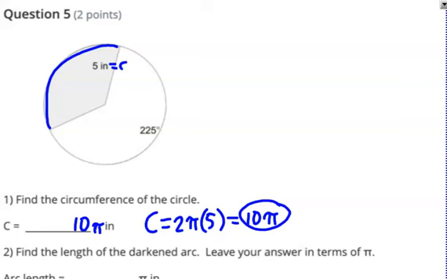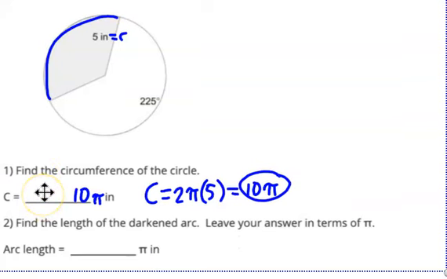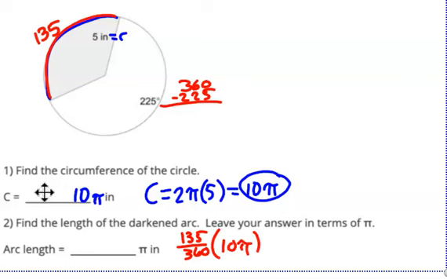of this arc. The first thing you want to get is the amount of degrees that arc has. And the way we're going to do that, I'm going to make it red. The way we're going to do that is 360 minus 225. It's 225 the other direction around the circle. So this one is 135. Okay, 135 degrees. So what we end up with is 135 over 360 times that circumference,